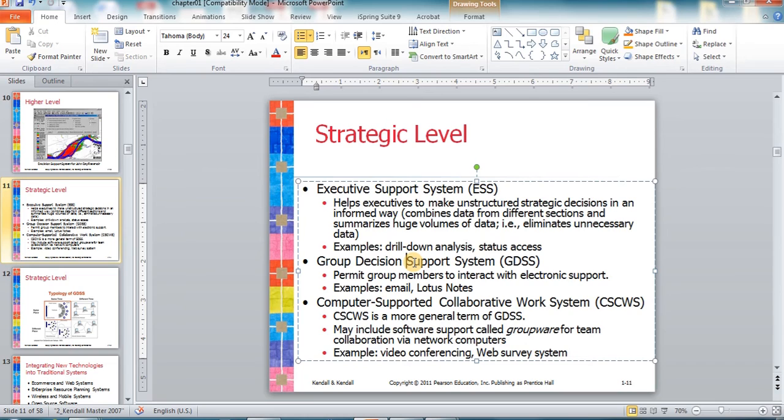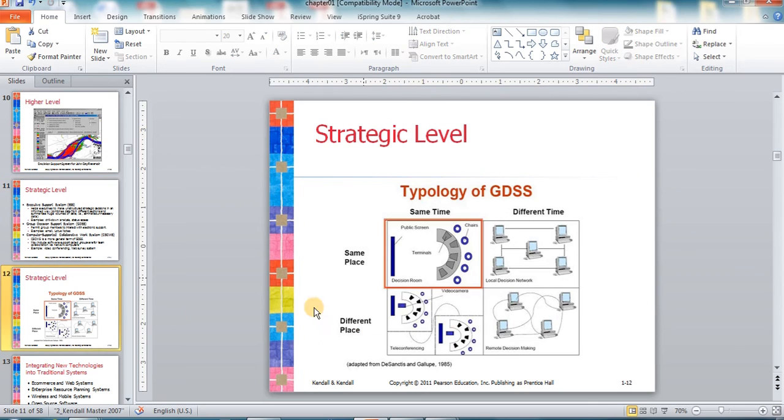managers of the company. Since managers might be at different times at different places, in this case there could sometimes be a need for a software that implements networking tools and collaboration tools inside the software, online tools such as video conferencing, web survey, etc. So this is a characteristic of the computer supported collaborative work system. So in general, this type of software,